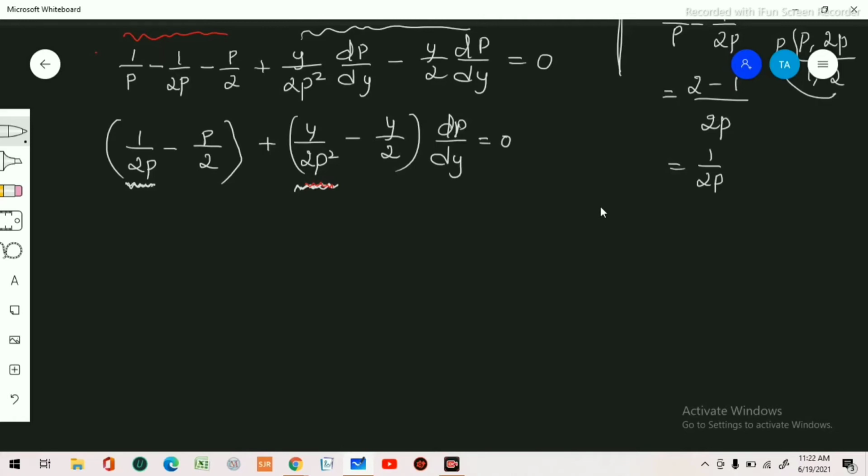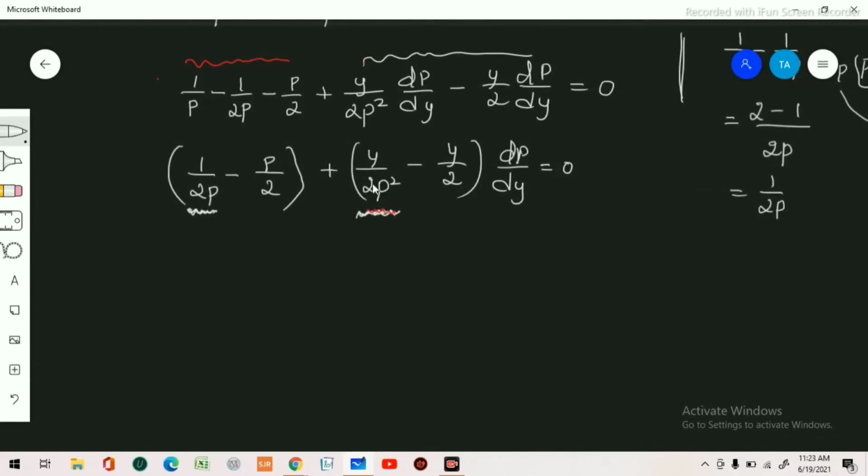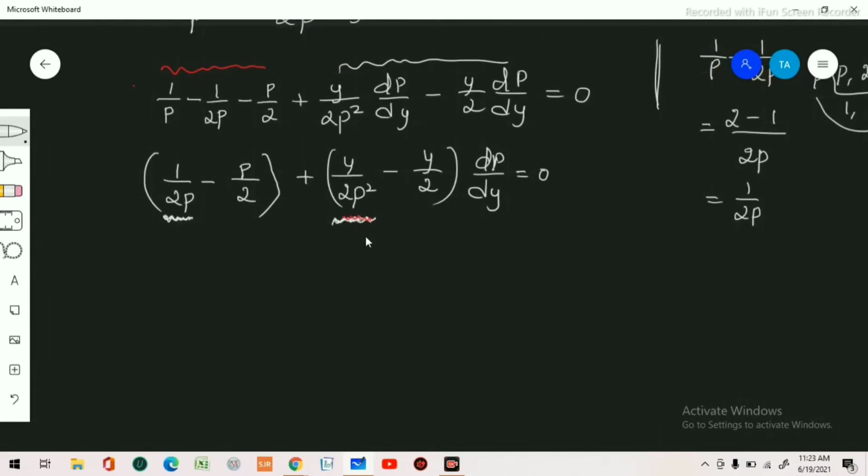Your involvement is very important right now, because this is a very crucial step. Are you there? Yes, sir. See, 2p square is there in the denominator. Here I have 2p. So if I multiply this 2p with 2p square, can you see the cursor moving? Here I have 2p. I want to make this 2p as 2p square. So what I can do is multiply and divide by p there.